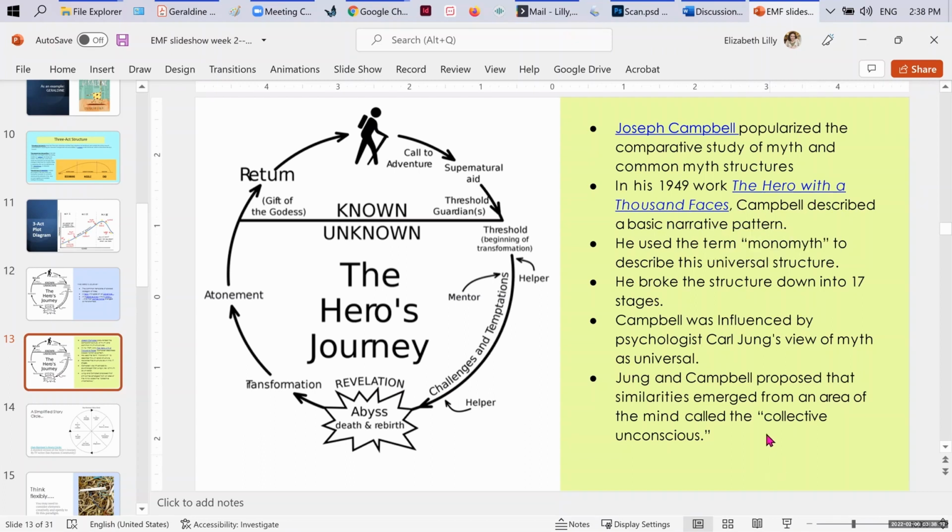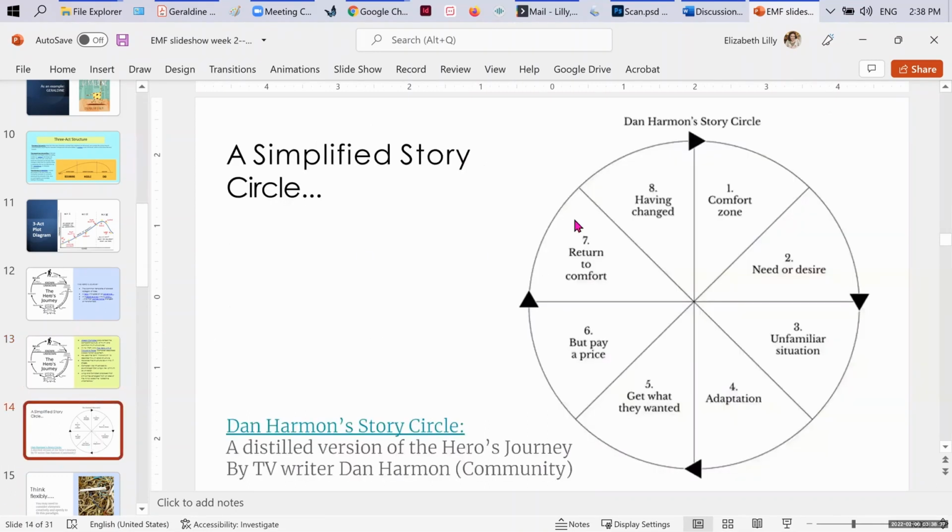And he was influenced by psychologist Carl Jung's view of myths as universal. And they proposed that the similarities emerge from an area of the mind called the collective unconscious. Okay, so this is just a circle going from home, a comfortable state, a known world, to the unknown, and then coming back. All right. So a simplified story circle,